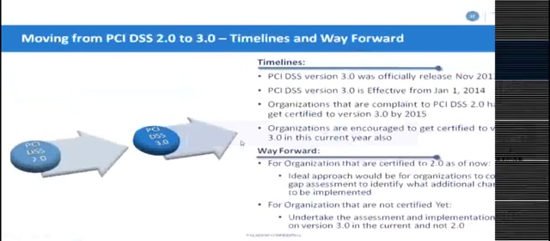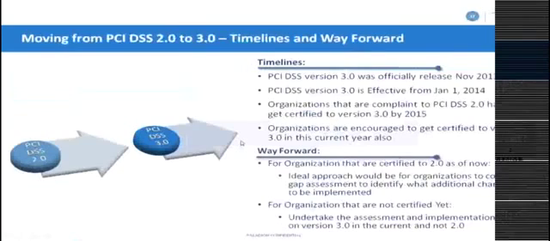As also shared by the Council, if currently you are compliant to 2.0, there's nothing that stops you from moving into version 3.0 in the current year also. In fact, it would be a good thing, and the Council also encourages organizations to move into 3.0 in this current year too. Way forward, what would it take for an organization that is already certified to 2.0 to move to